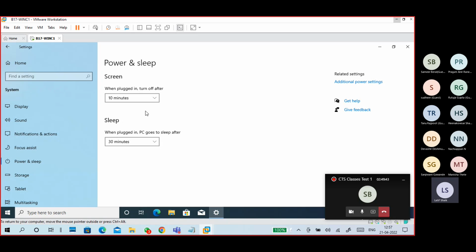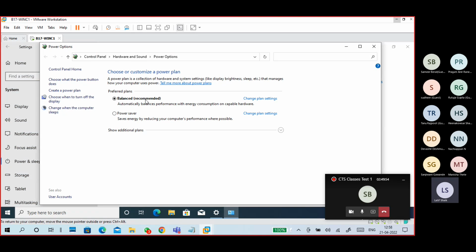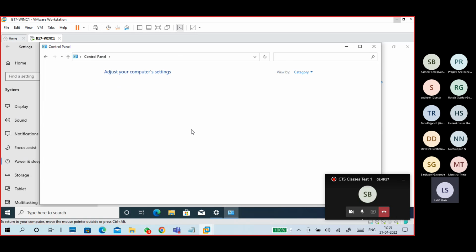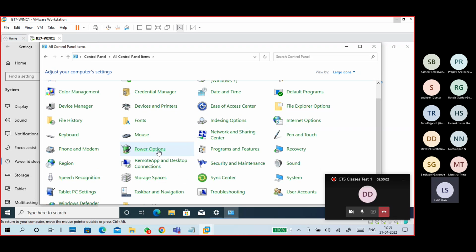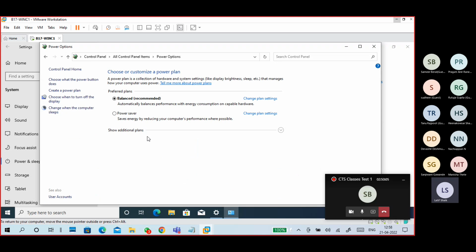Okay. These are the direct settings, but the original control panel settings are also there. Go to additional power settings, or you can directly open the control panel. There you can find these settings. You can go directly to the control panel. There you can find power options. There it is showing mainly 4 options, or you can go with 3 options. Any three is enough, but 4 are also showing in a new version. Balanced, power saver, high performance, and ultimate performance. Also read what is the text inside.